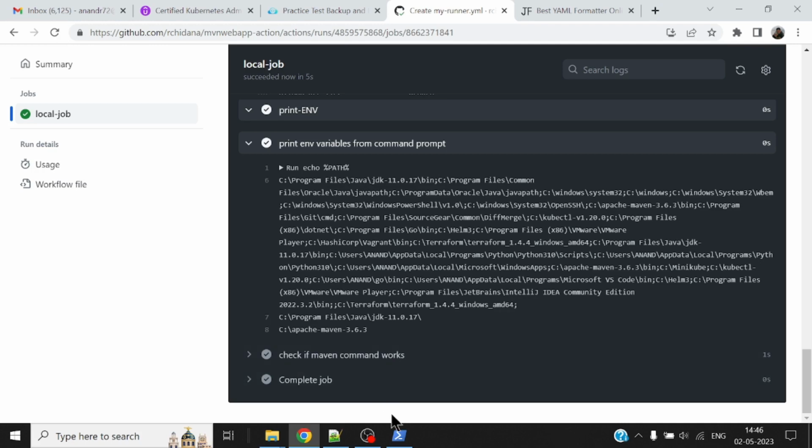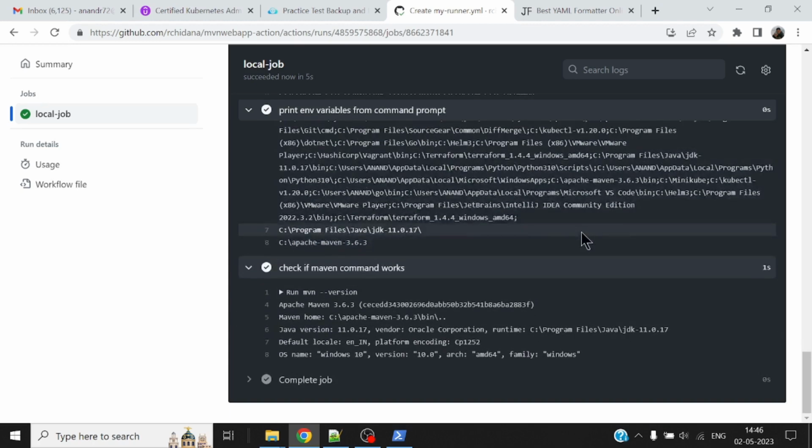Next one was the Java home, which is this particular stuff, and the next one is Maven home, which is this particular stuff. Also I wanted to check whether the Maven command runs properly or not. So mvn double hyphen version is printing out the Maven version along with what version of JDK Maven is going to use, because Maven internally needs JDK to run. So with this, pretty much my runner along with all the proper tools is all set to be up and